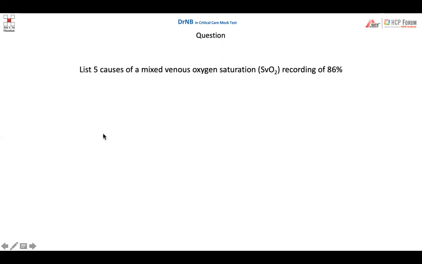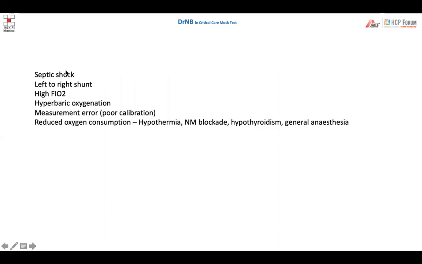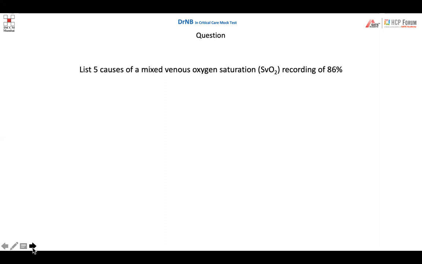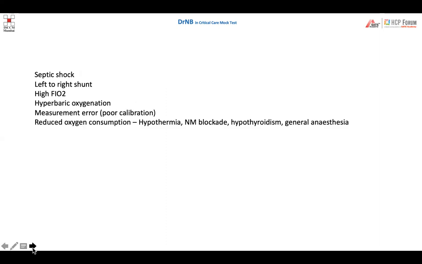List 5 causes of a mixed venous oxygen saturation recording of 86%. So, septic shock, left to right shunts, high FiO2. So, there is a higher mixed venous oxygen saturation. That means extraction of the oxygen in the periphery is low, or the delivery of the oxygen is high because high FiO2 is there, or there is a direct mixing of the blood which is happening from a left to right shunt,